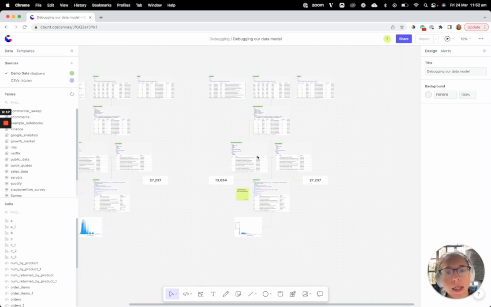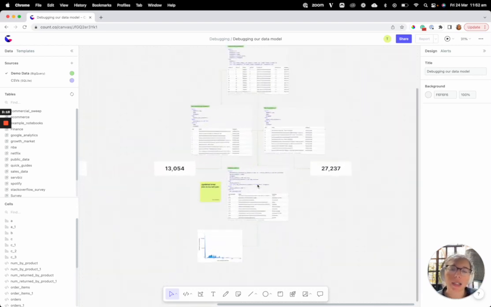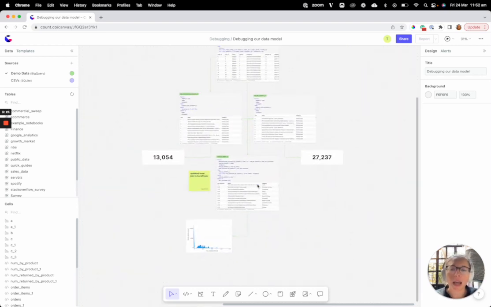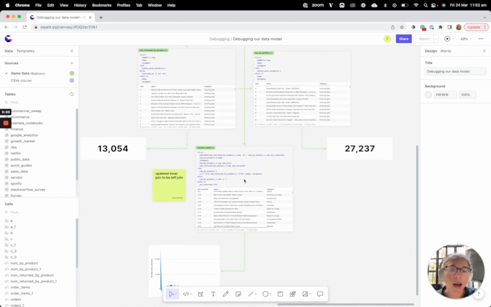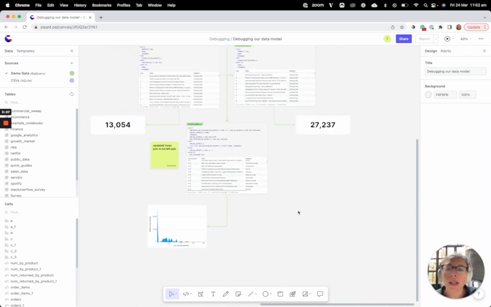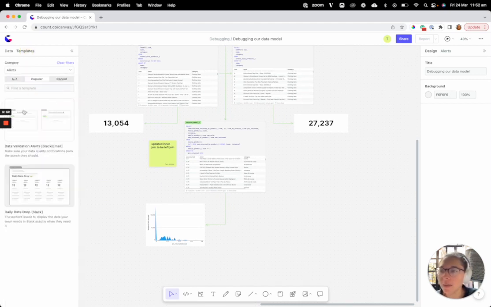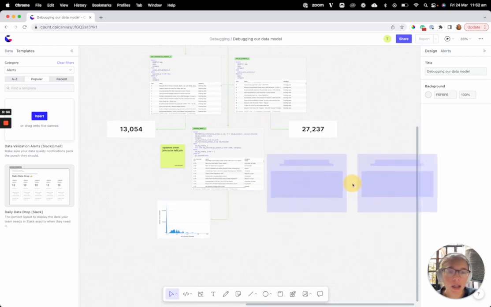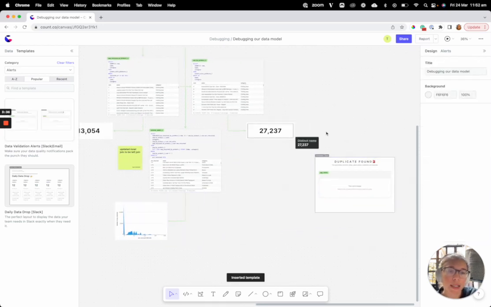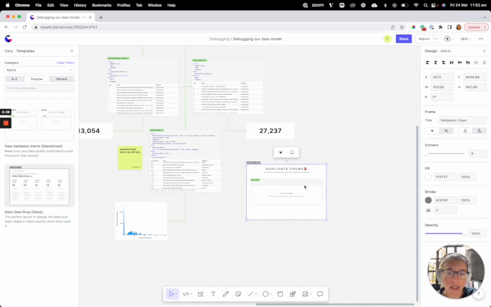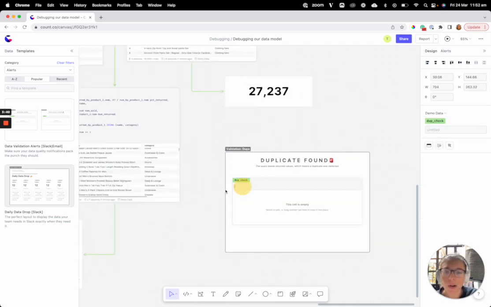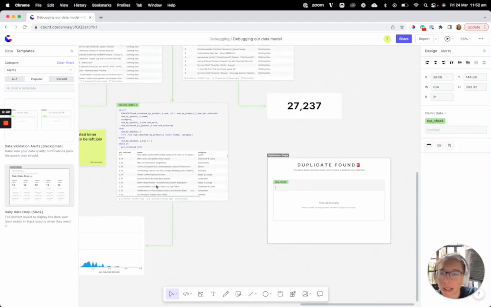Now the last thing I might want to do in this case is set up some alerts, and that way if anything else happens with this model, I'm going to get notified, and maybe even the rest of the data team is going to get notified. To set that up, I might start by using one of our templates. So go into alerts. In this case, I'm probably going to set up an alert for duplicates. So I'm just going to write a query that returns all the duplicate products that we have here. So say select name